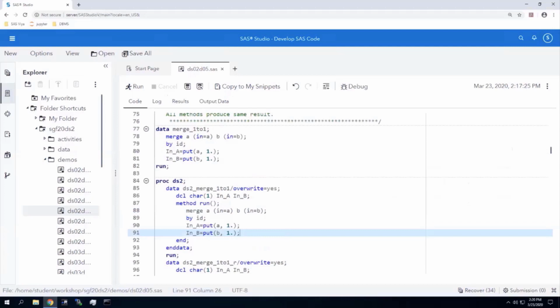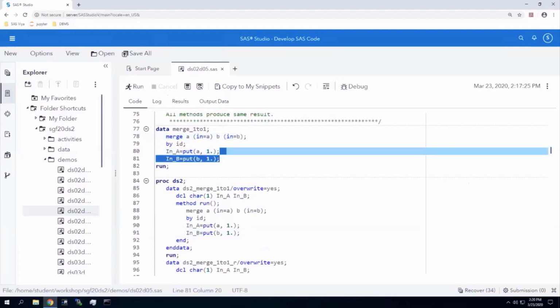The first one is a data step merge. We're going to do a one-to-one merge using tables A and B. We're using the IN= variables, as we learned in Programming 2, so that we can tell whether there is a merge for this particular row of data or not. And rather than selecting just those rows that merge, I'm going to actually write the values of those variables into two new variables called inA and inB,